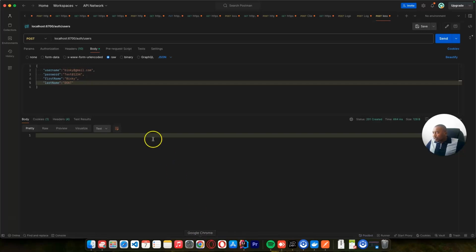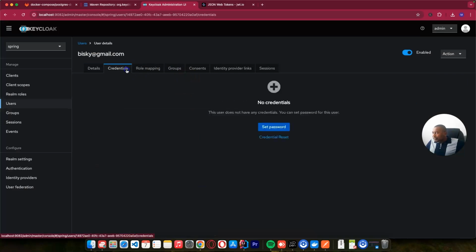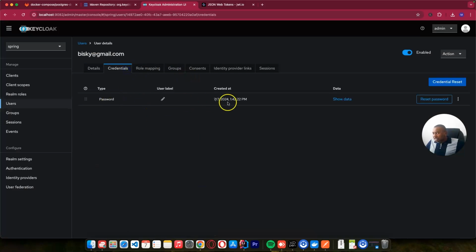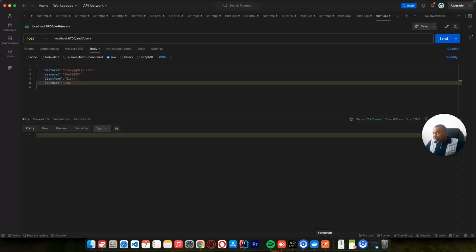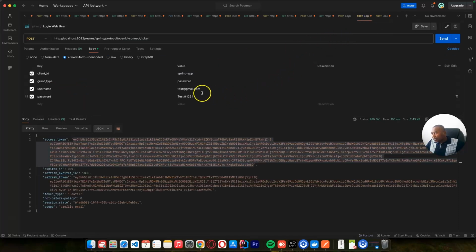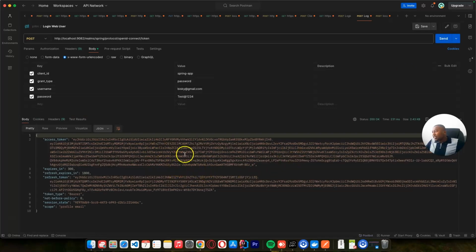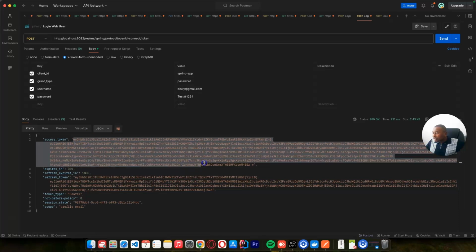And if we come back to our Keycloak, let's see the credentials. This is the credentials. And let's test that user to log in with our Postman, which is Bisky, and the password is test81234. We already have the API, so let me change here, which is our new user. Let's try to log in with the password that we created. You can see the user is able to log in,